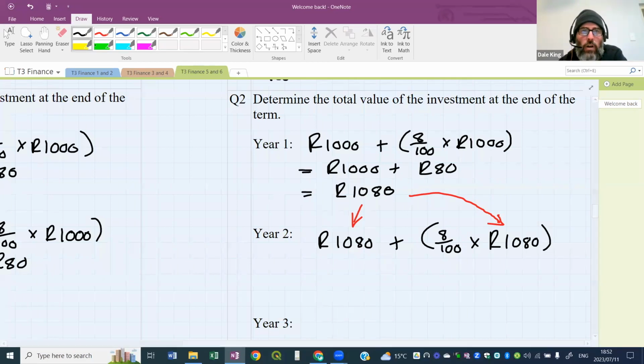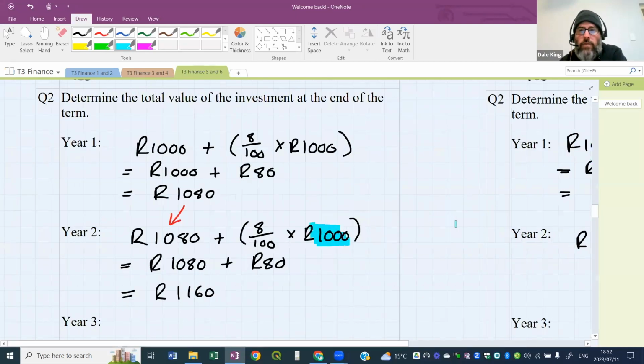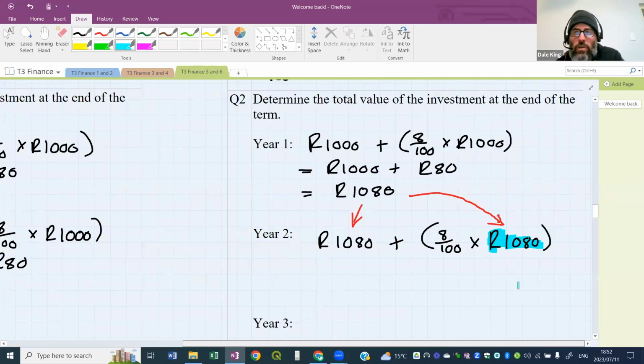So I'm going to go back here and we'll highlight this. This is the difference between compound and simple. That is the difference. Okay. So in simple interest, you use the same principal amount in your calculation. 8% of 1,000, 8% of 1,000, 8% of 1,000. But for compound interest, when you do your interest calculation, you are saying 8% of the previous year added on. Get a new amount, 8% of that new amount added on, 8% of a new amount added on. So this value here gets bigger and bigger and bigger.